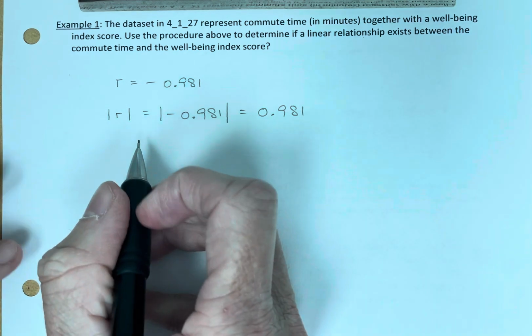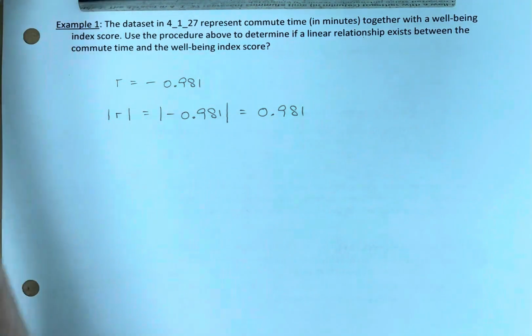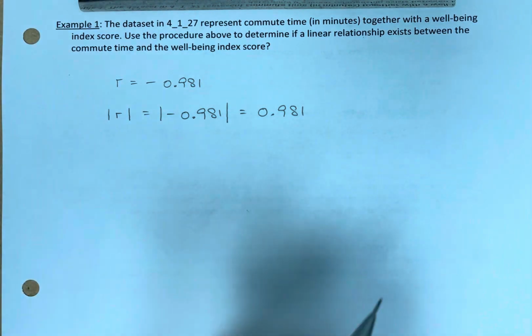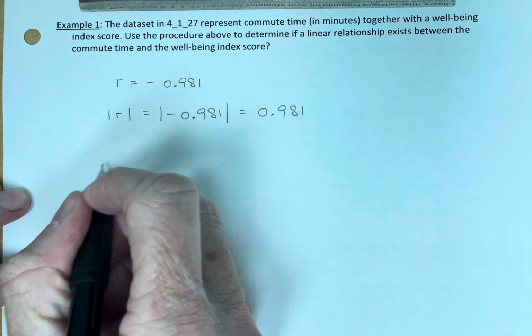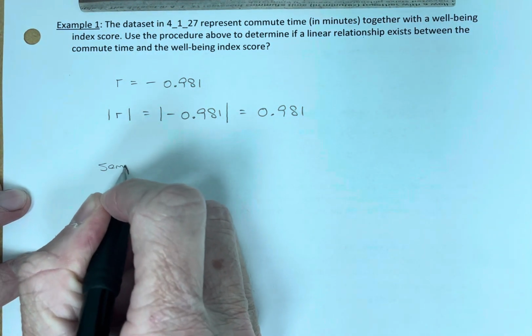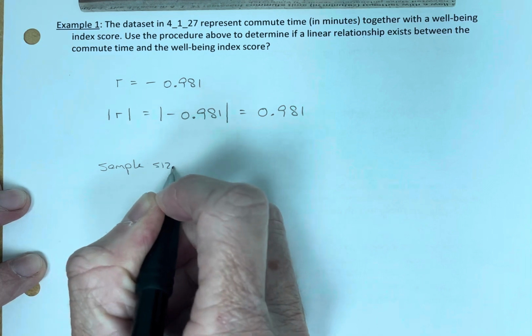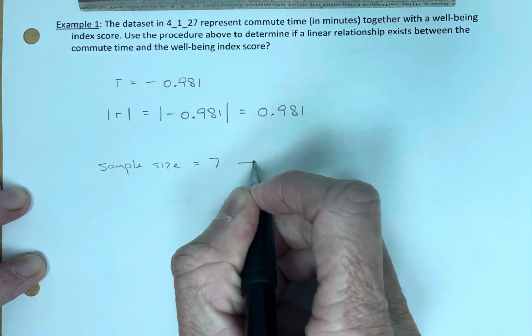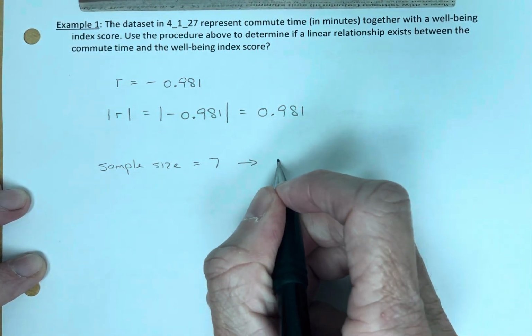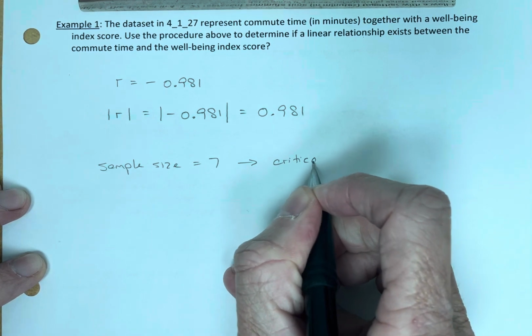Okay, now we're going to find the critical value for the sample size. Well, the sample size was 7. You can go back and take a look at that, but we had 7 points. So let's note that. Sample size equals 7, and that leads to a critical value